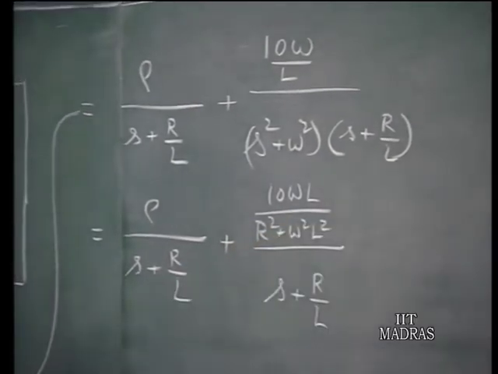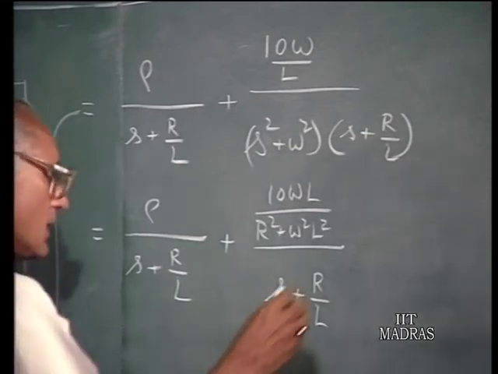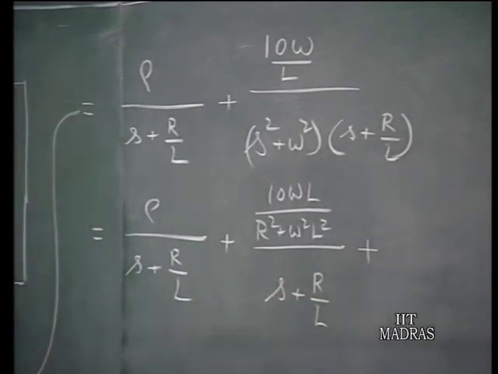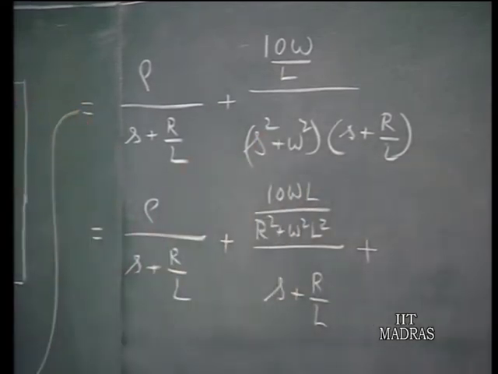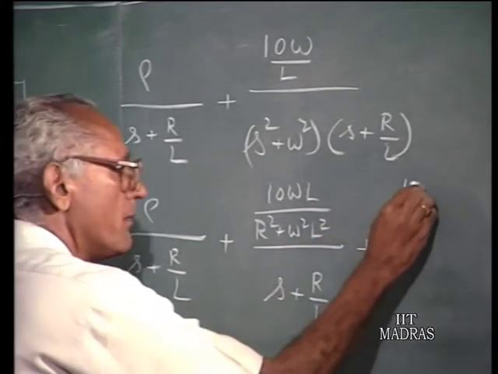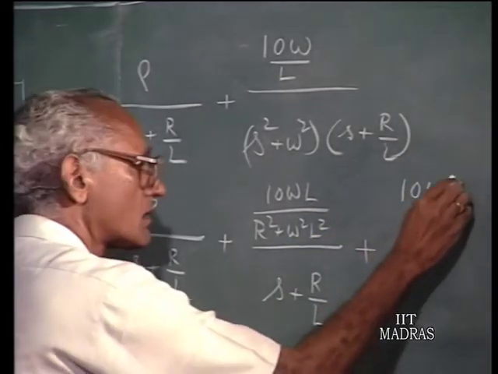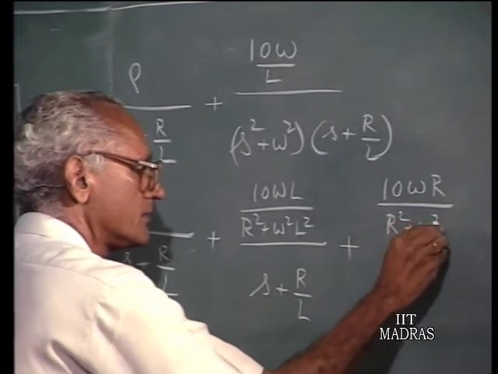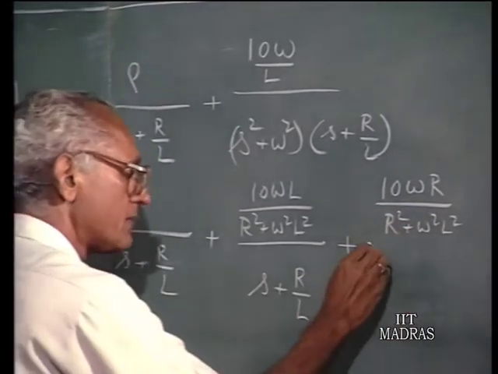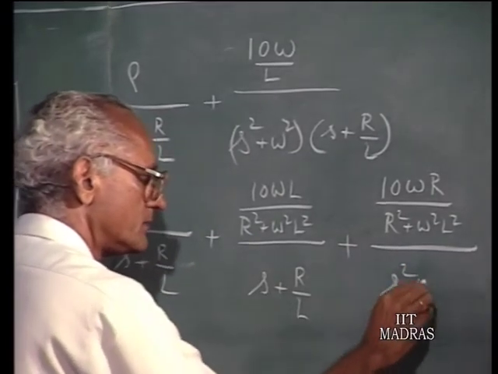You can carry this out. I do not spend time working out the details, but one can easily arrive at these values. And you have, for the s squared plus omega squared term, 10 omega R over R squared plus omega squared L squared divided by s squared plus omega squared